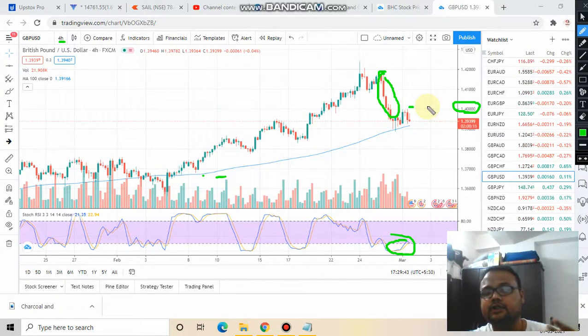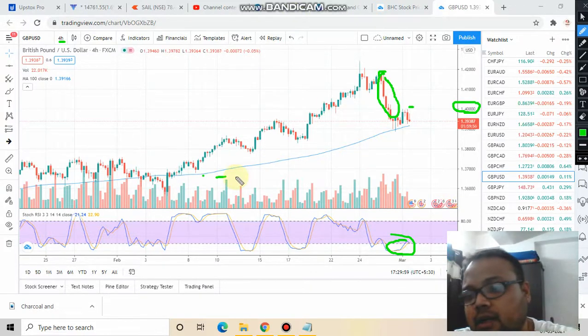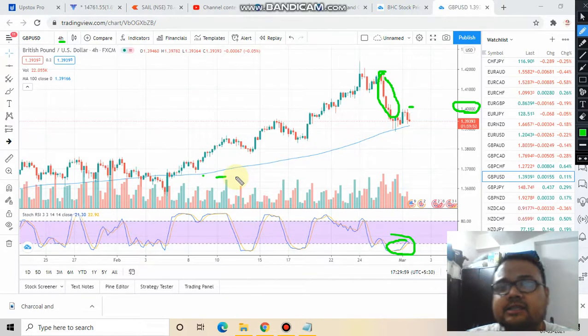Okay, just make sure that there is volume. Okay, volume is very much required to get the confirmation. And if you're using any indicator of your own choice or any pattern or something like that, then you can go ahead, but confirmation is required before placing the buy order for this chart. And as already mentioned, in the 1 hour chart, things are not very clear. Okay, so you can initiate a buy position only above